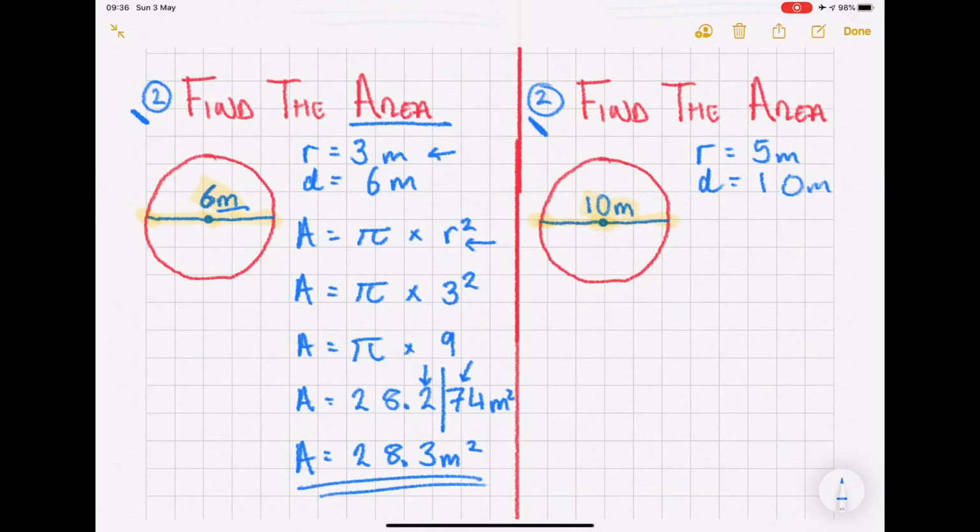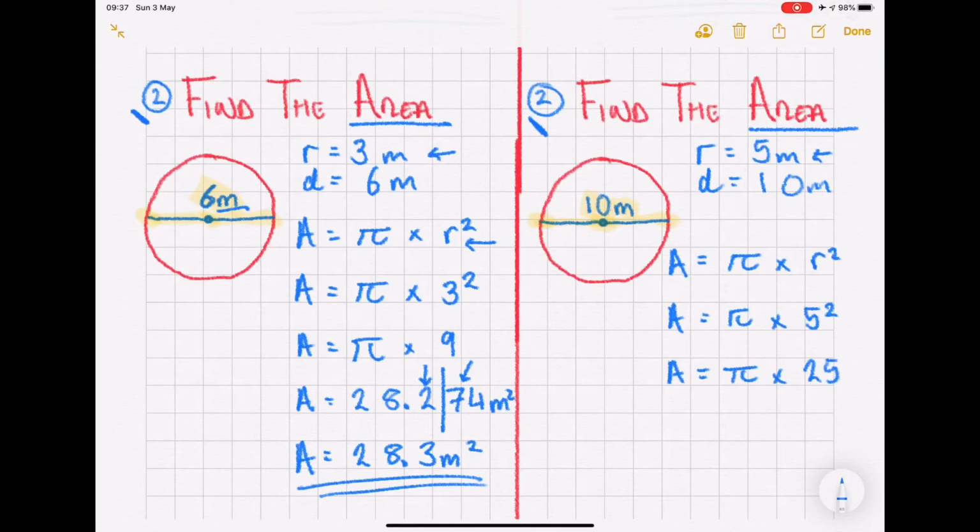Okay, grand. We're finding the area, so let's write out our area equation. So area equals pi times by r squared. Now let's substitute in our r value. So area equals pi times by 5 squared. Now let's square our r value, let's square our 5. So area equals pi times by 25. Fantastic. Now let's type that into a calculator. So pi times by 25 gives us